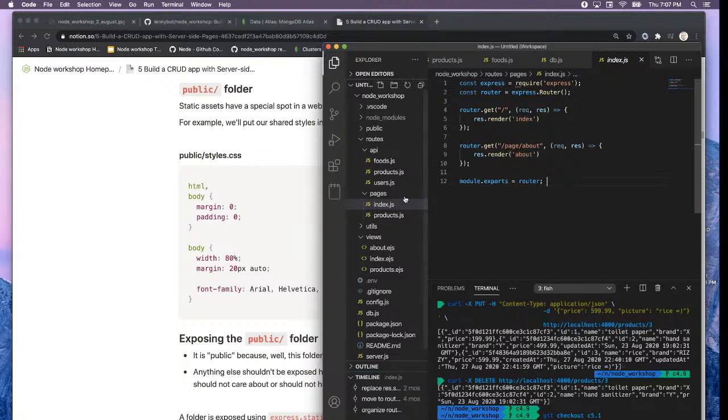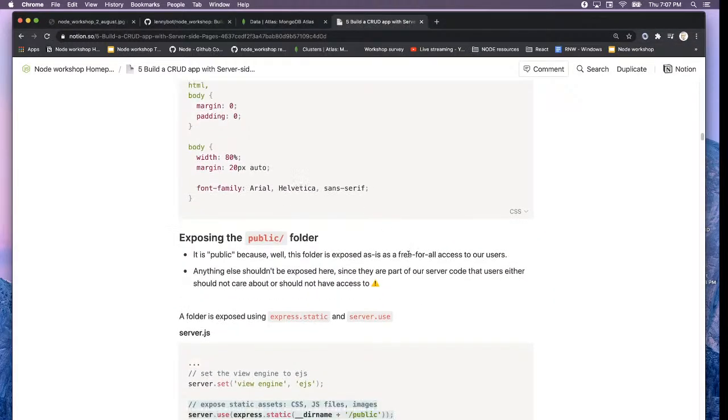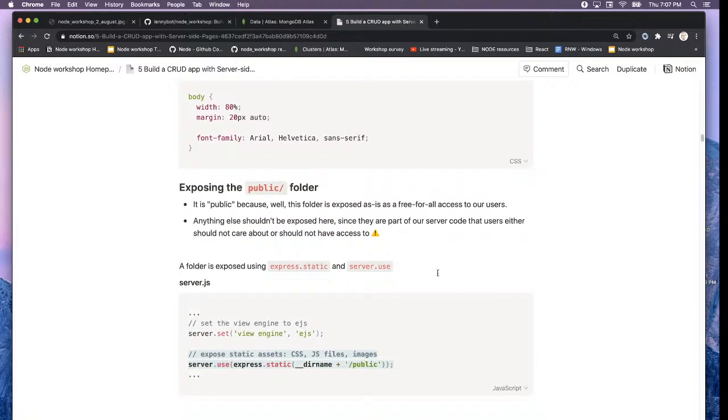So right now our public folder is going to look like this. We have our style sheet there, and if you have images, they also go there. You could have different structures there. We have to expose the public folder, because the